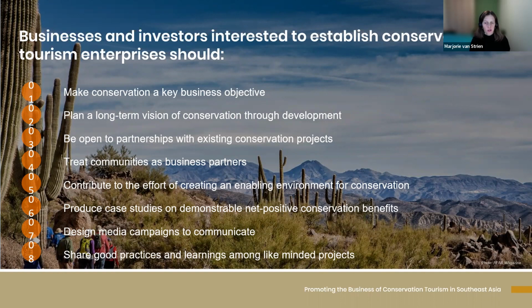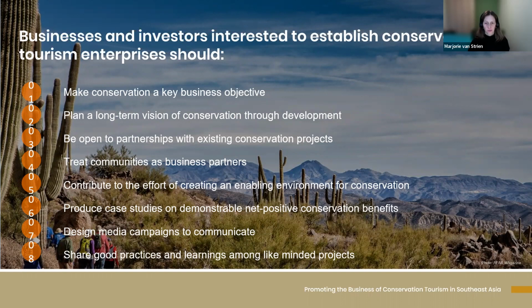Where relevant, consider partnering with existing conservation projects, because this can result in a mutually beneficial partnership that can achieve measurable conservation outcomes. Treat communities as business partners, bring them along and spend time and effort to make culturally appropriate business decisions. And also allow for this to take a little bit of time to familiarize with one another and really analyze